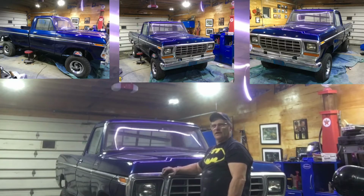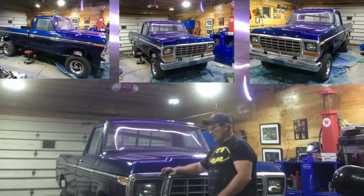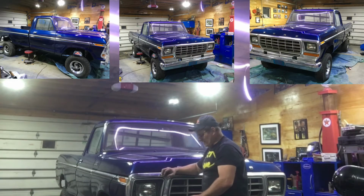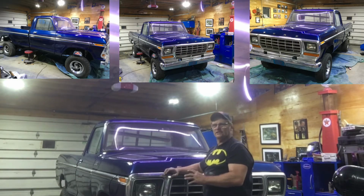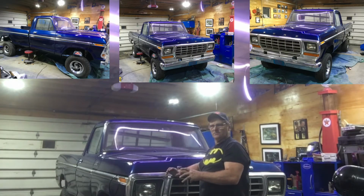We got the fuel door installed. The fuel filler neck tube is installed. We got to put the hose between that yet. The bumpers are on, the headlight new pigtails are wired for the headlights. We got all the trim rings on the front bumpers on, the turn lights are on. All the Dynamat's done inside the truck now. We got the holes punched for where the Dynamat goes, and